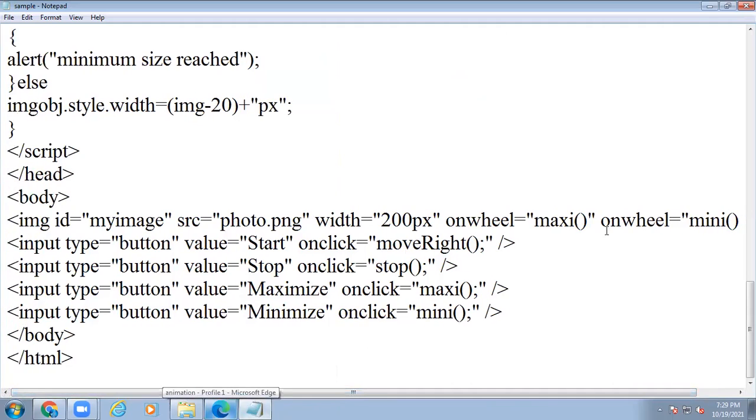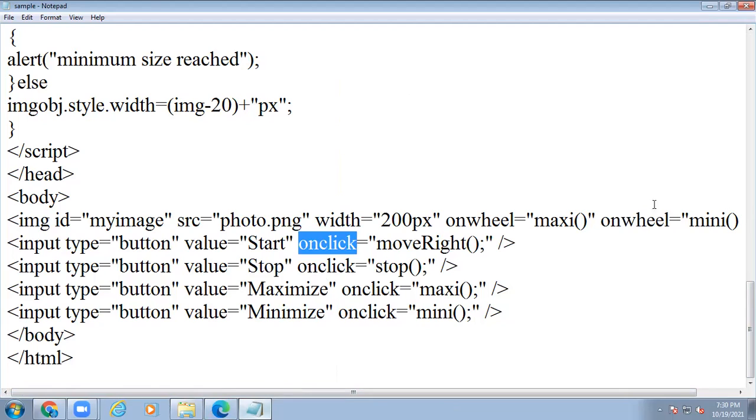So using the on wheel event and on click events, moves right and left, all these events you can apply to the particular image. You can also apply key events, key up and key down.